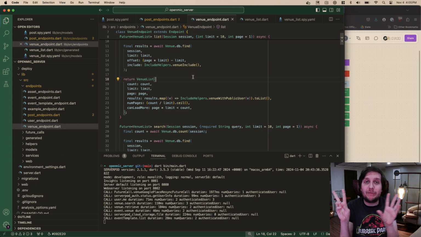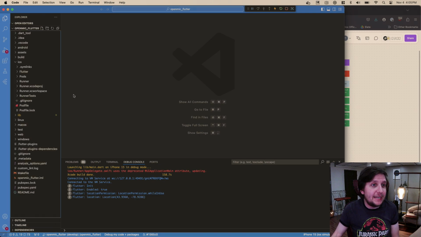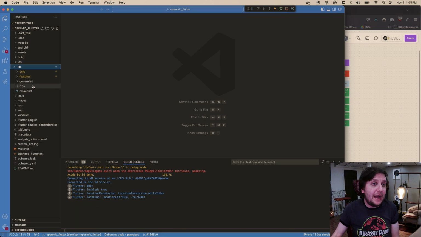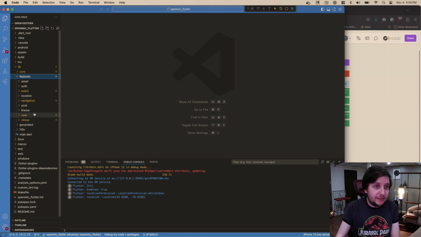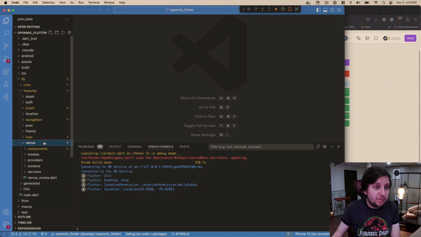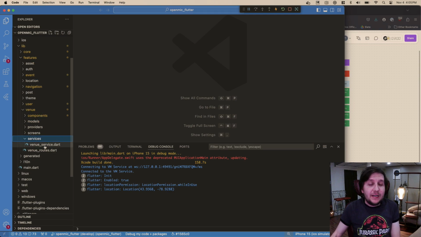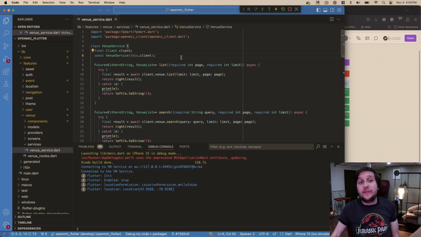It also generates code in what's called the client. On the Flutter side, it's as simple as, let's look at the venue list, since we were just looking at that. Let's make this a bit bigger. We'll start at the service, I guess. On the client side, we have a venue service, and we pass in this client.